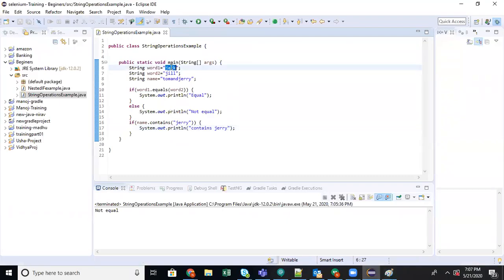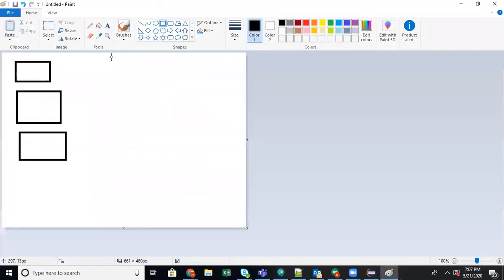If it is an integer, we use the assignment operator, equal to. Assignment is only one equal to. To compare whether they are equal, you use two equal to. To compare, two equal to, and to assign, only one equal to. We are using this assignment operator to assign the value to this variable.